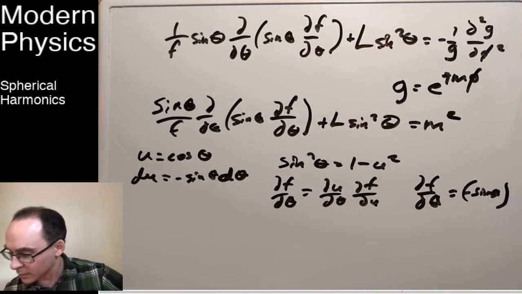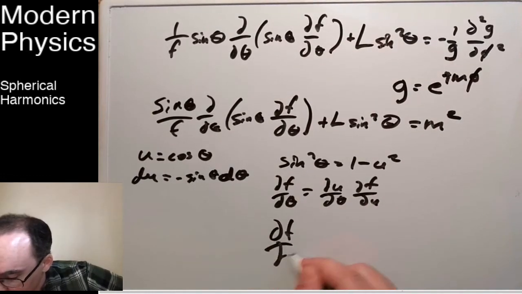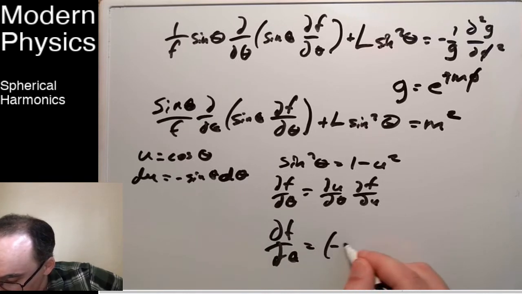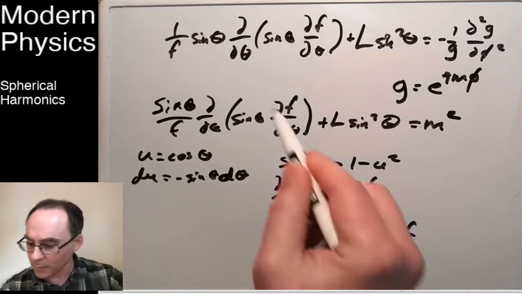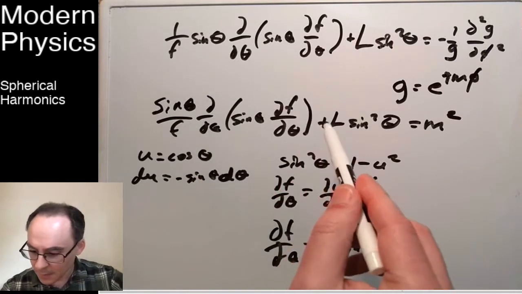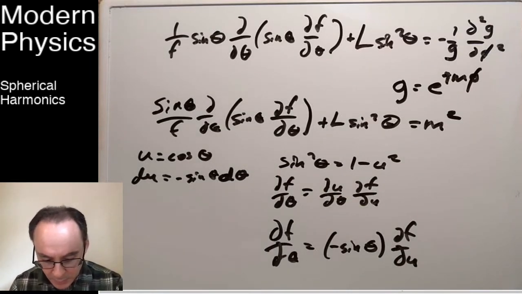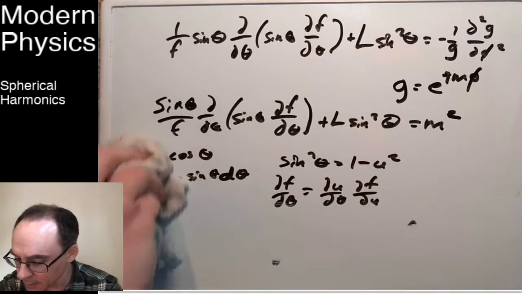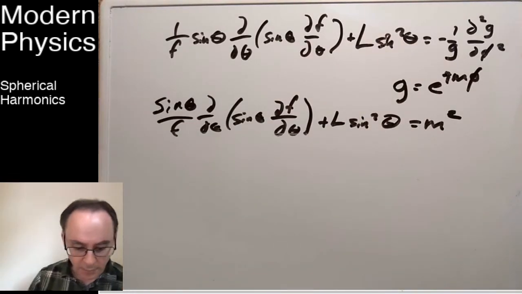I ran out of room. Let me write that more cleanly underneath. df d theta equals minus sine theta df du. So now I can transform these derivatives and write an equation in terms of u instead of theta. And I'll skip a little bit of algebra, but I'm going to turn this into a slightly different form. So let me, using that transformation, I'm going to write it in this form,